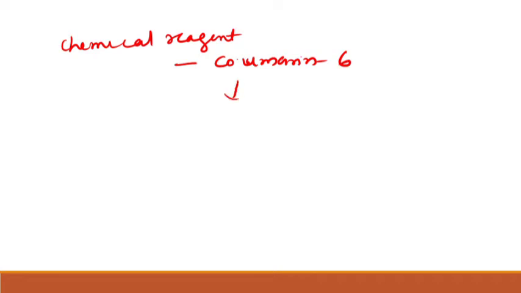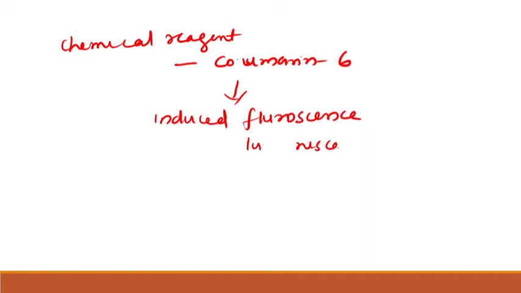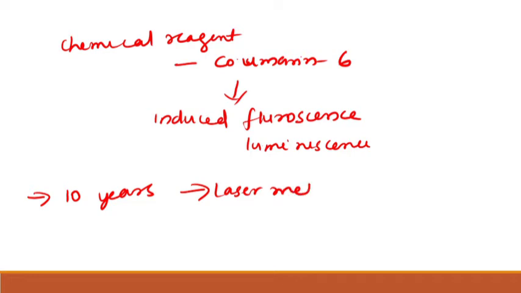It will give an induced fluorescence or luminescence to the latent fingerprint, and we can observe very old prints, even as old as 10 years. This can be developed using the laser method,